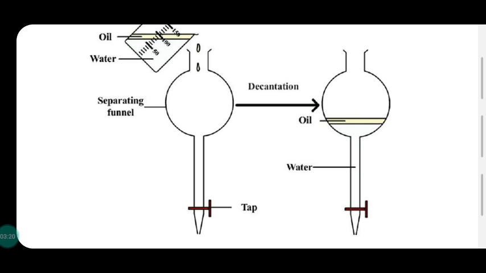Keep a beaker below this tap and very slowly open the tap. You can see water drops getting collected in the beaker. When the layer of separation reaches near to the neck, close the tap. Remove the beaker of water. Now the round-bottomed flask contains some more water drops. Open the tap. Drain the last drop of water out. The flask now contains oil.